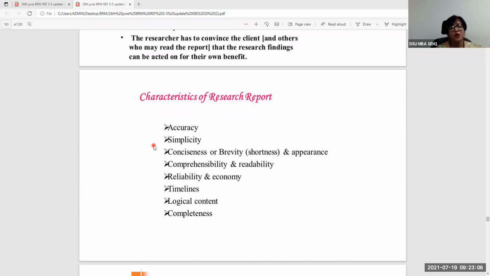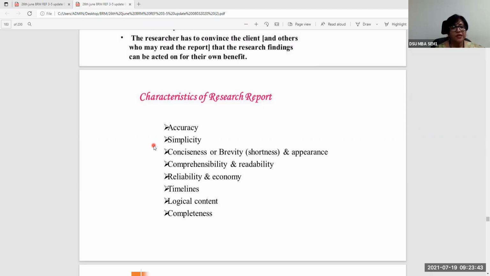is basically that the research outcome, or the outcome based on the research conducted, should have accuracy. There should be simplicity in the research report, that no matter who is reading the report, the target audience must be able to understand the language, the meaning, the content, and the intent of the report. So even if it is very technically oriented research which has been done, no matter how sophisticated the statistical tools used, finally, when the outcome of the report is to be indicated, it must be indicated in simple, concise, correct English language, which should be understandable by anyone who's reading the report.